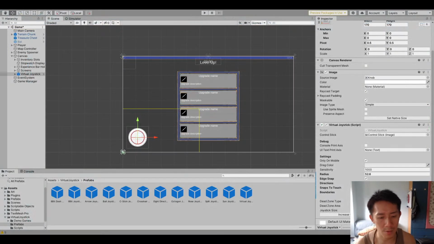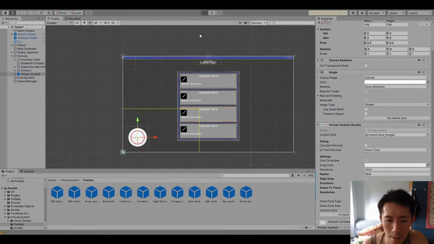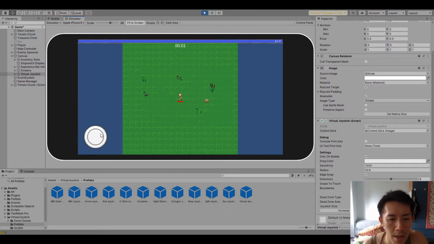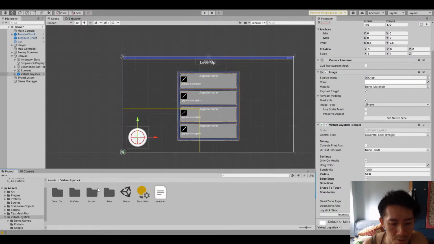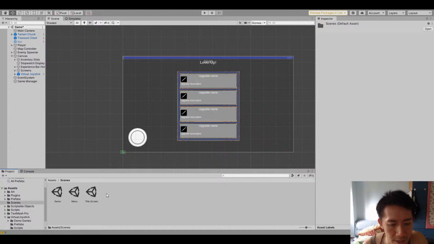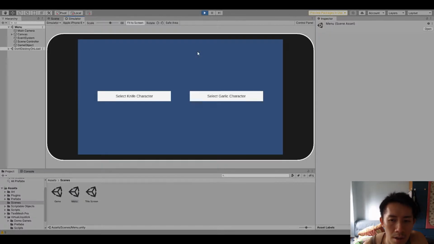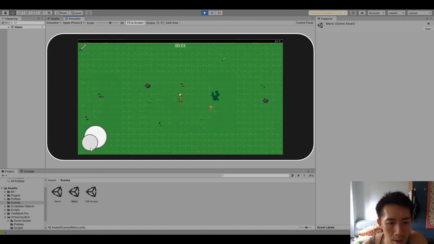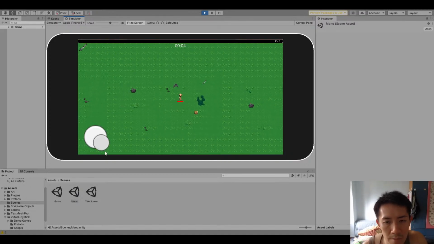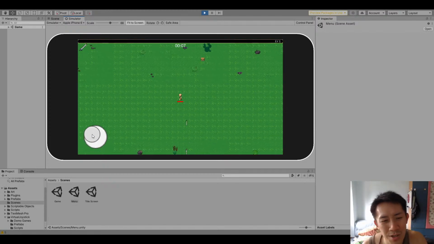So by implementing this, if we go back to the game, you will see that now if I move the joystick around, the character starts moving. Let me just start the game properly so you can see this. I'm going to go to scenes, then go to menu and save the game. Yeah, so here we have a mobile version of the game that's working just by adding a joystick and a couple of changes